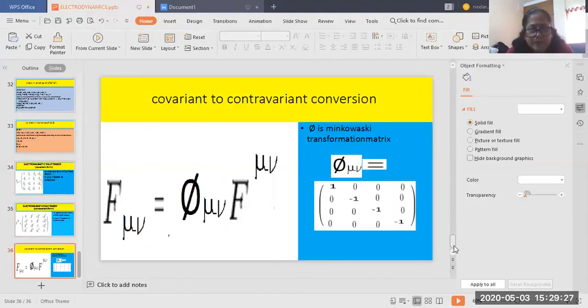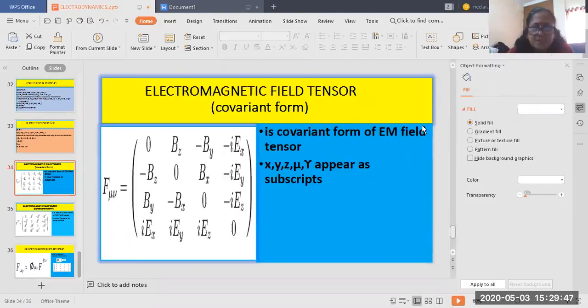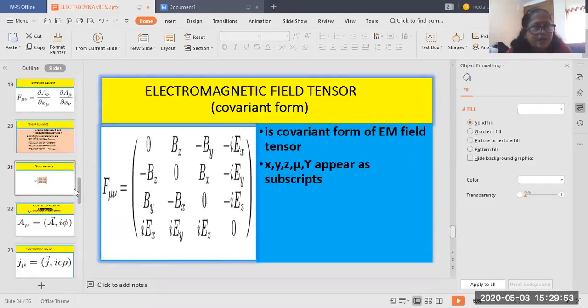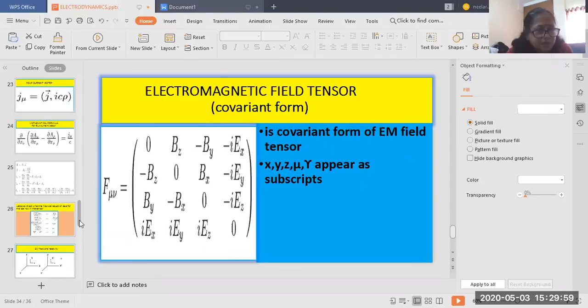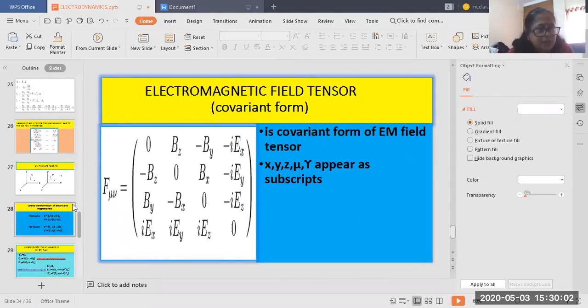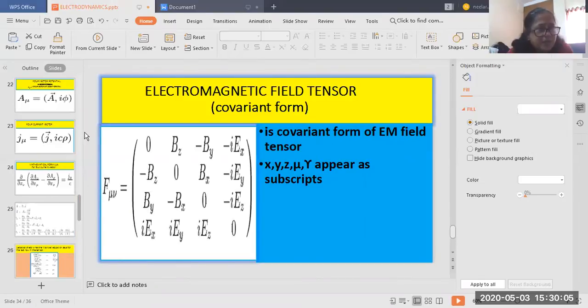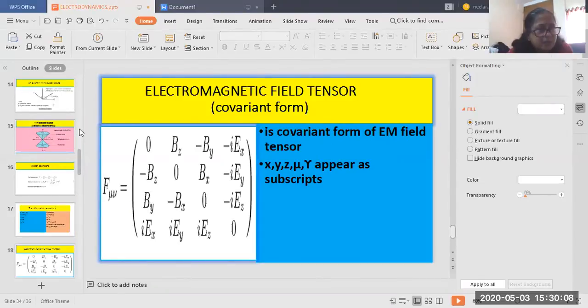So these are the different formalisms we come across in day-to-day life. So this ends your syllabus, that is electromagnetic field tensor, covariant formalism. I have also shown you the contravariant conversion. Along with that, I have to give you some transformation equations in the matrix format. That slide I didn't introduce here. I will try to introduce it in the next class. Today I have introduced some transformation equations, that is Galileo and Newton equations. Let me see. I have written, I think.